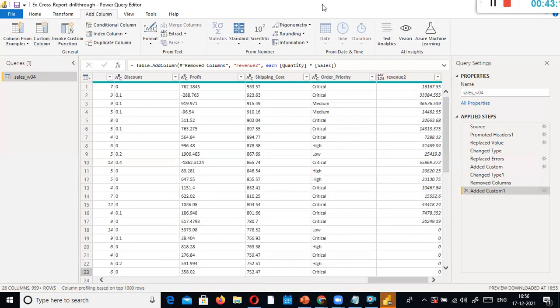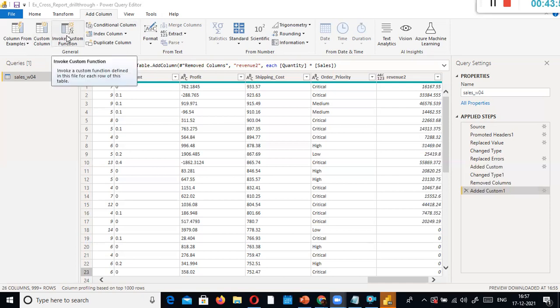In the Power Query editor itself, you can create a new column using custom column. See, this is my Power Query editor, right? Inside the Power Query editor, you can create a new column in your existing table. The next one, we learned about how to create the conditional column also in the last session. You can watch my video, and we have discussed column from examples also, and now we have seen it one more time, custom column.